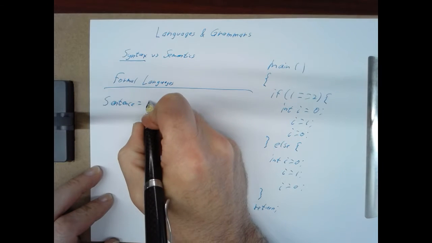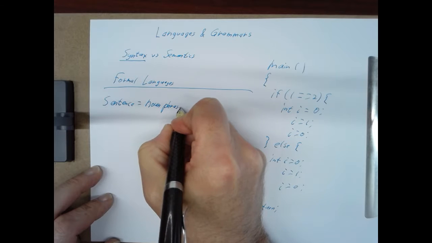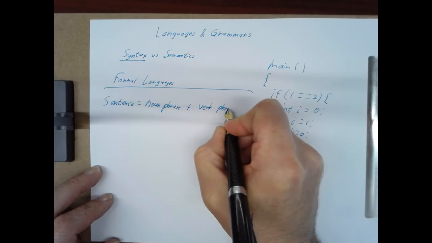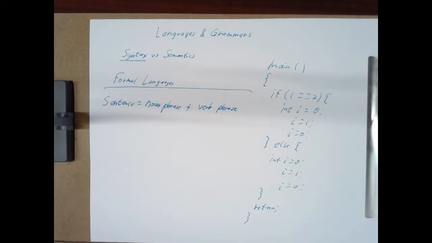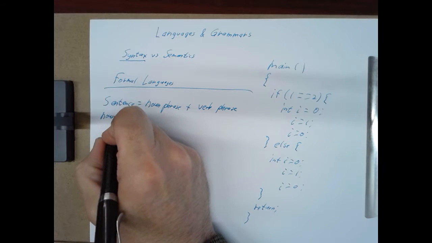It's a noun phrase plus a verb phrase. And this obviously doesn't work for all sentences, but we can define a sentence to be a noun phrase followed by a verb phrase. And we can define a noun phrase